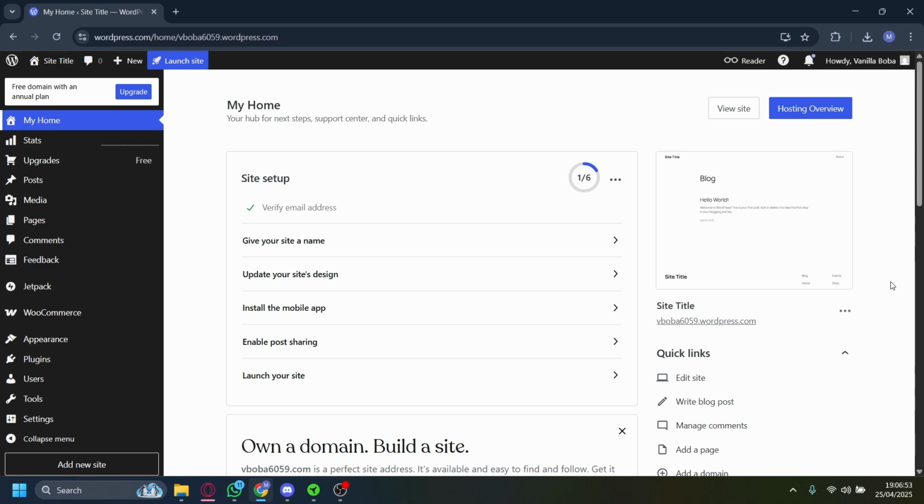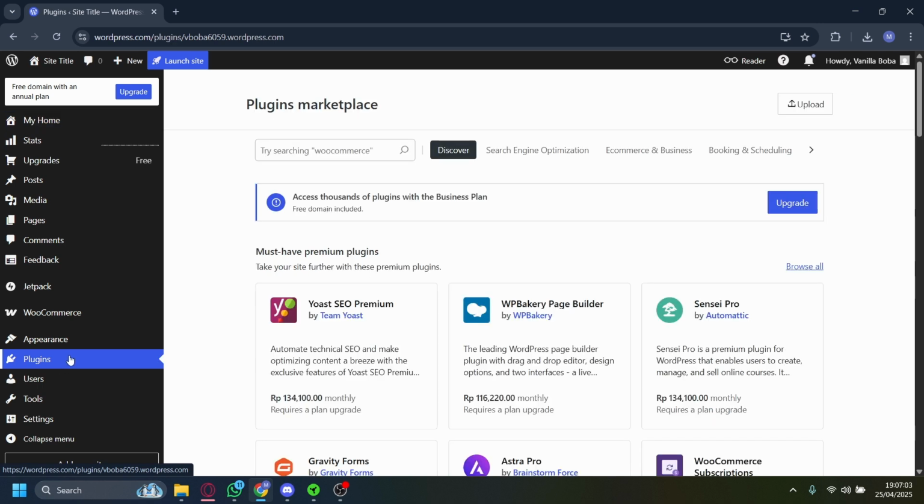I'm going to show you how you can use the WP-CRM system on WordPress. Now, on your actual WordPress website here, you want to go ahead and start by going to the plugin section down here. Now, on the plugin section down here, you want to go ahead and go searching for